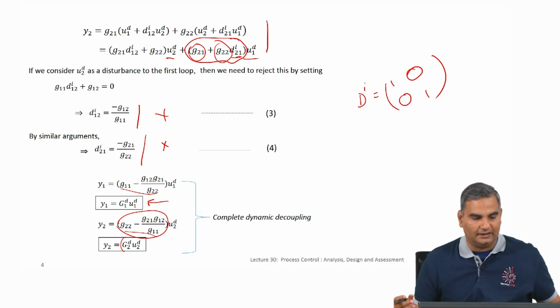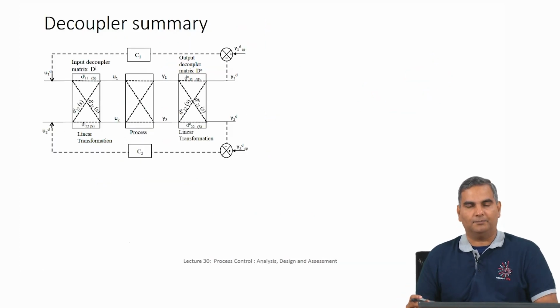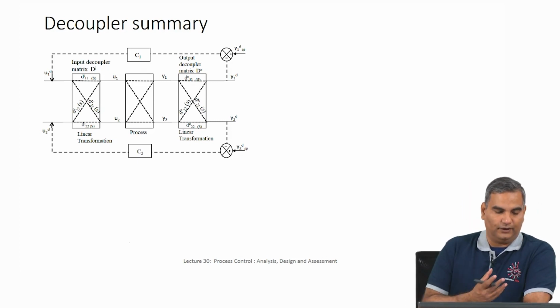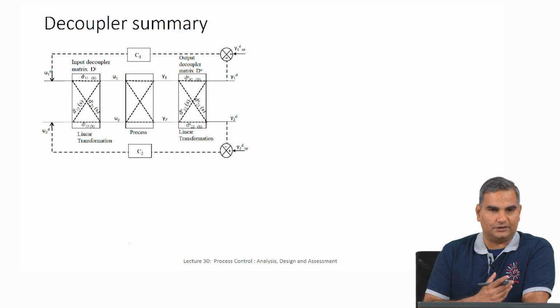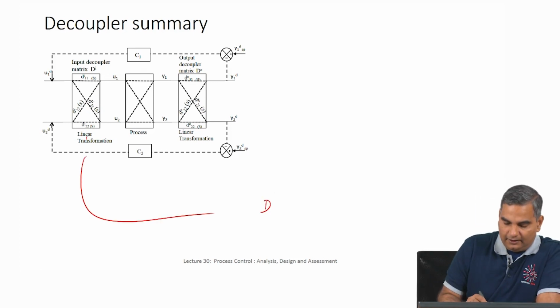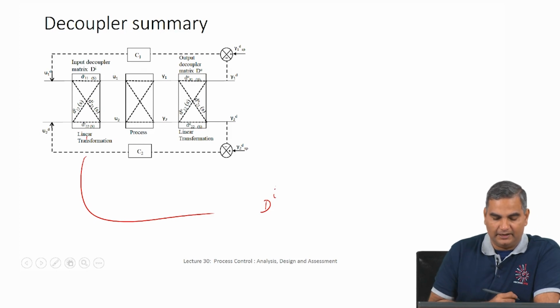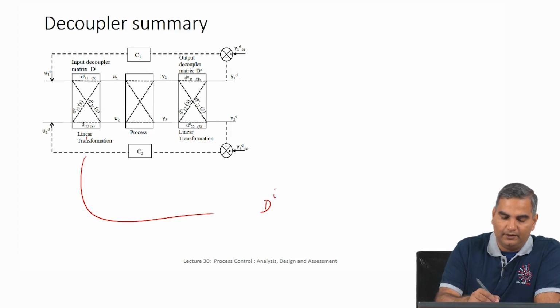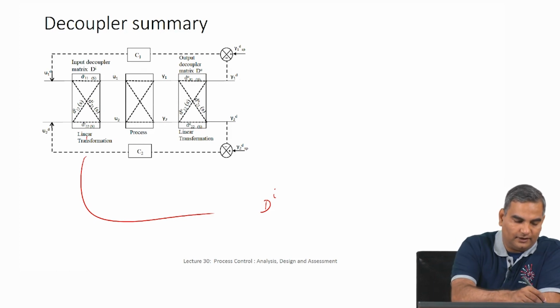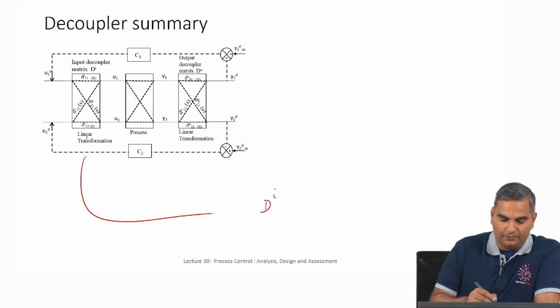You can use the standard techniques that we have been using to compute the controller coefficients and so on. There is nothing difficult to do here, because all of these are transfer functions, and we know how to work with them. So, what will happen is we have already identified this input decoupler D. In a real implementation, let us say there is a difference between y1 and y1 set point; that will go to the controller, and the controller will decide what this u1 decoupled value is. Similarly, the difference between y2 and y2 set point will decide what u2 decoupled is.